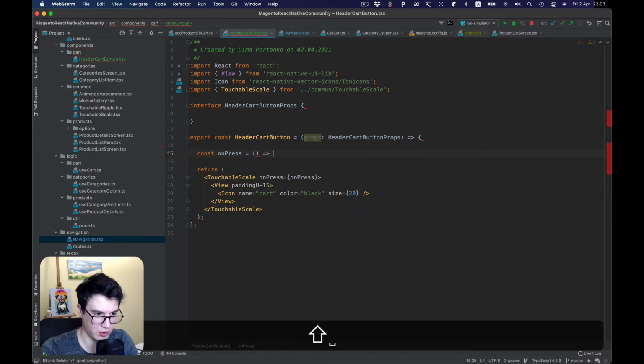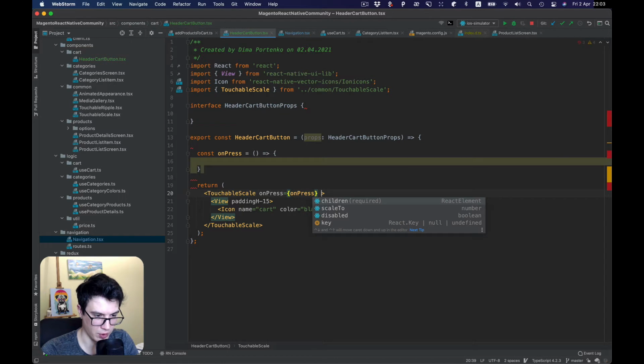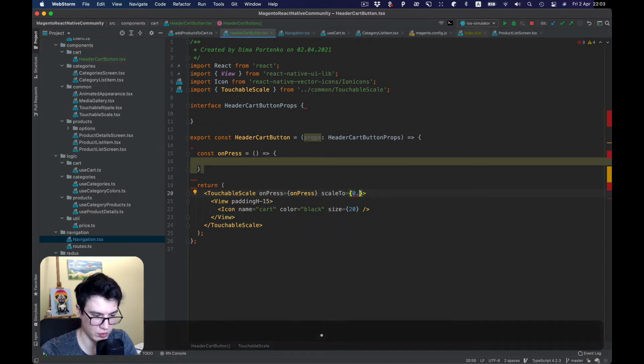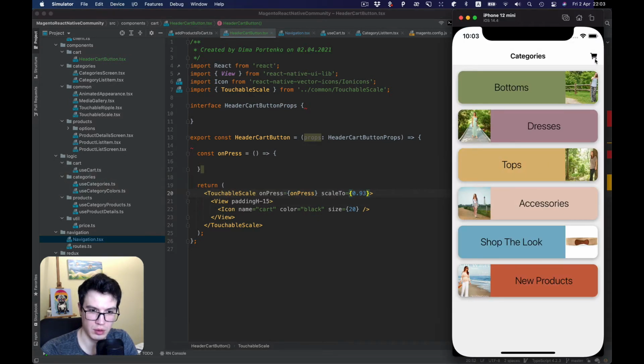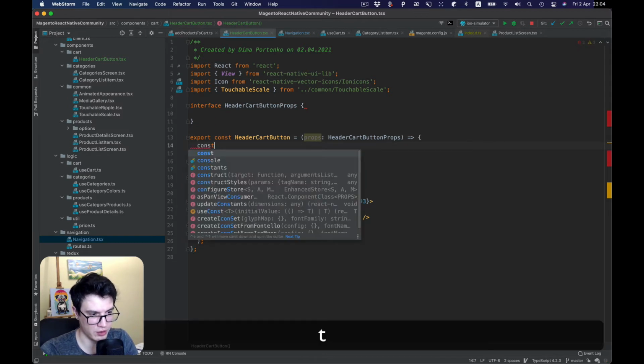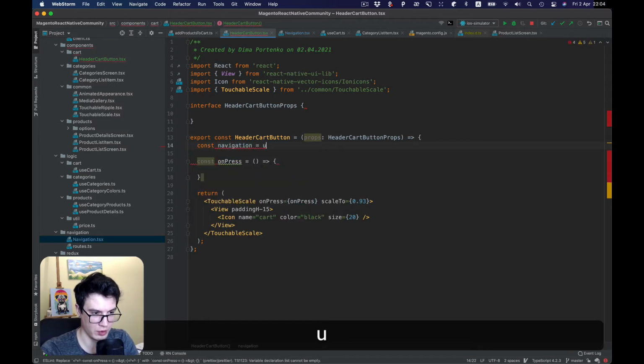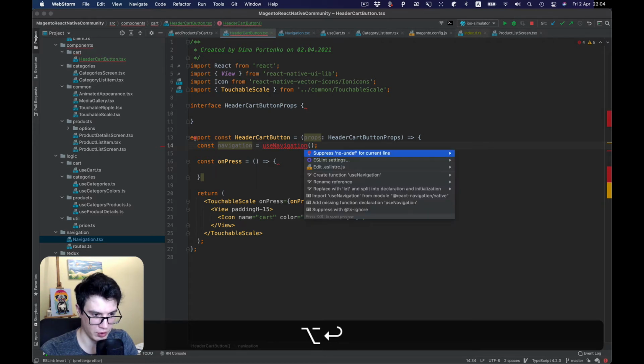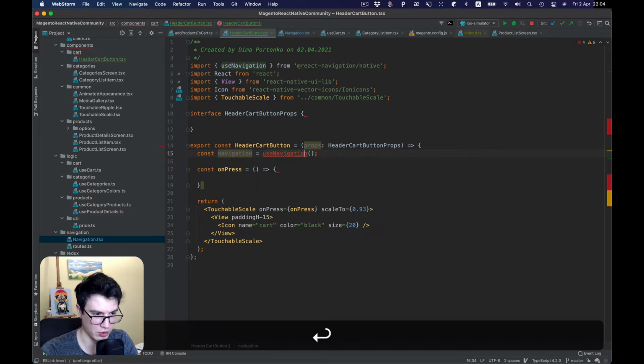On press function and maybe scale to something like this. Okay, it's pressable, cool. And on press we want to navigate, so let's use navigation hook and navigate,